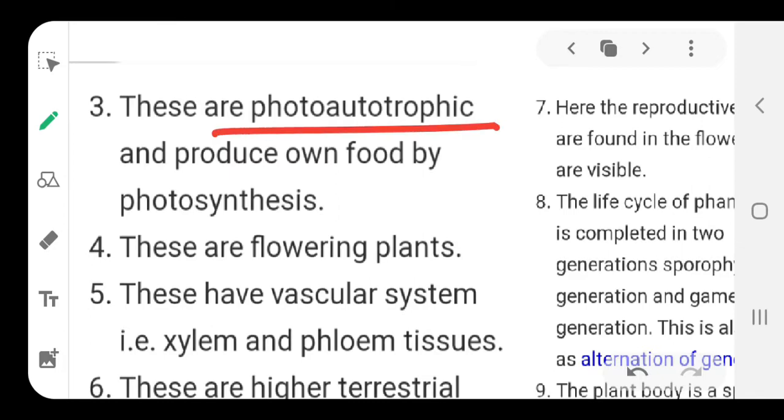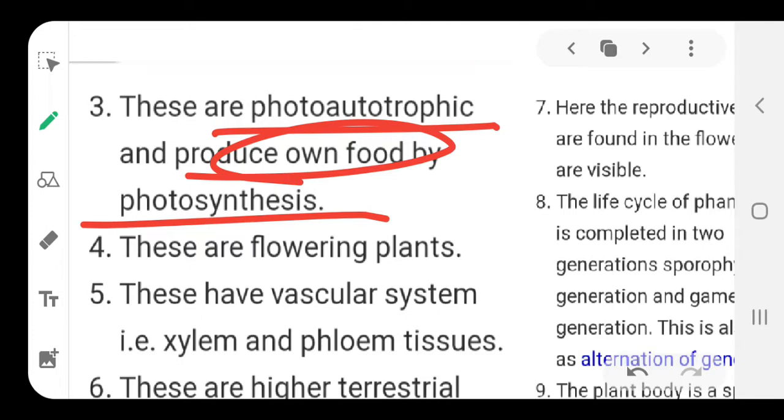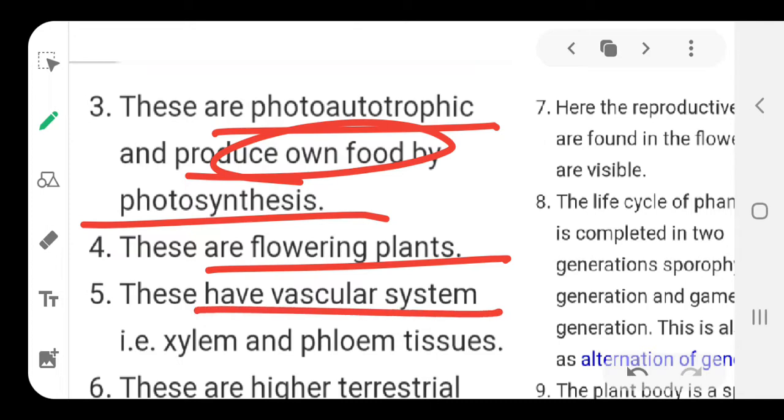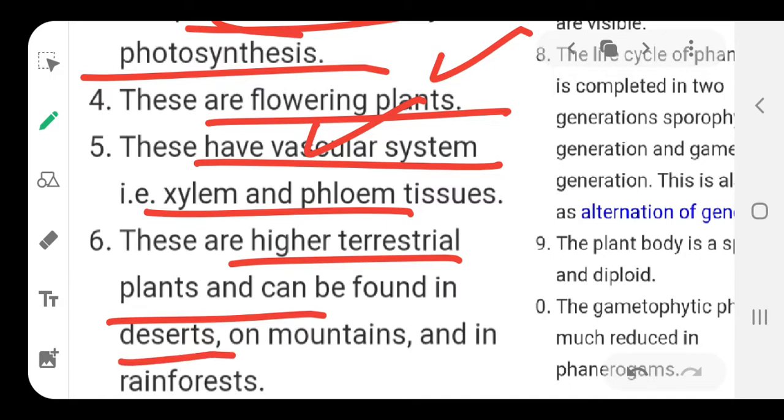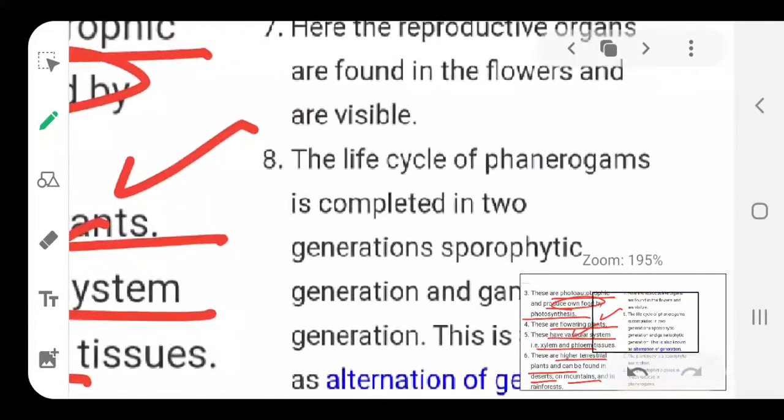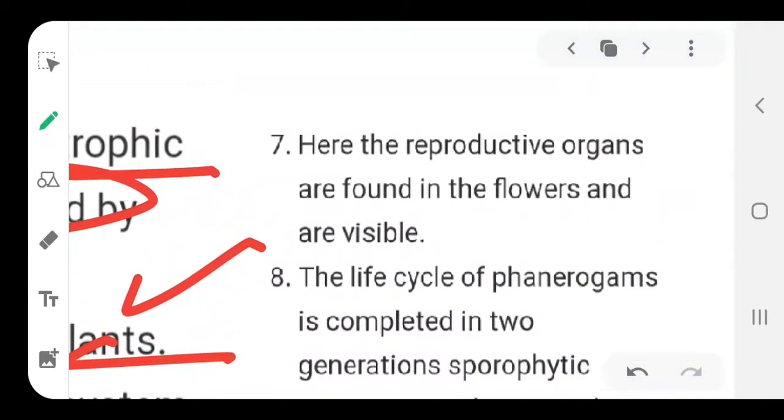So, they can make their own food through the process of photosynthesis. Now, we have just told you they are the flowering plants and they have a vascular system in them, that is, they consist of tissues, xylem and phloem. So, they are flowering plants having a well developed vascular system. Okay? And as I have told you, they are the higher terrestrial plants and you can find them in deserts and mountains, rainforest, approximately the whole zone on planet Earth, more or less, where they are quite abundantly